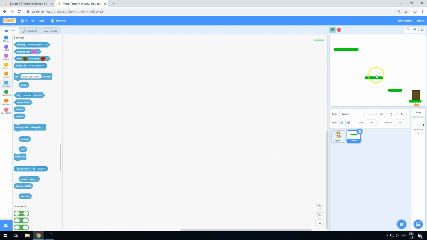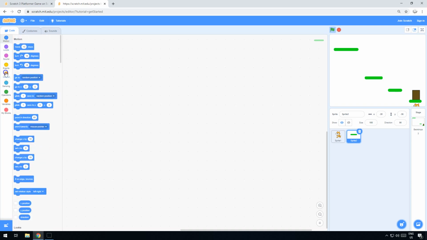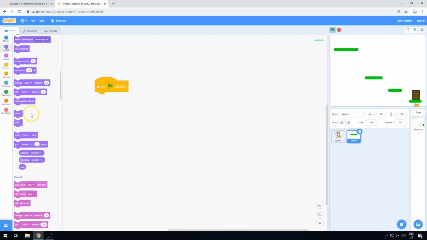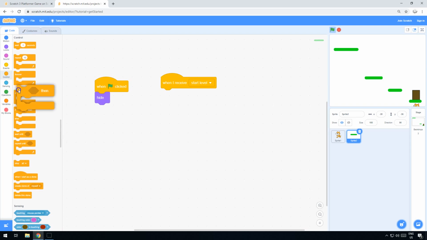And what we do here is we say, okay, this platform is going to do not a lot until it gets to the right level. So what we can do here is to say, okay, when the game starts, we don't want that platform to show, so we'll just hide him, because he's going to be hidden until level 3. And then what we say is, okay, when I receive start level, there we go,